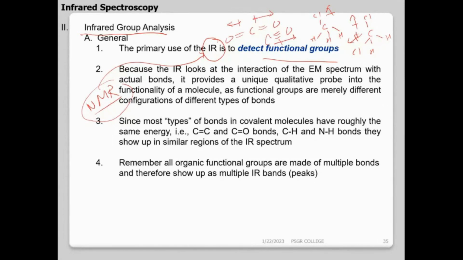That is why IR is important. IR will give me a clue regarding the functional group. It gives a clue, says go ahead, you solve it yourself, and goes away. So I will take that clue and solve the problem. That is the beauty of IR. The main application of IR is to detect functional groups. That is a very important application. Nothing more than that. It will not say which functional group in what number, or what concentration. It tells the functional group, and that is enough for me.